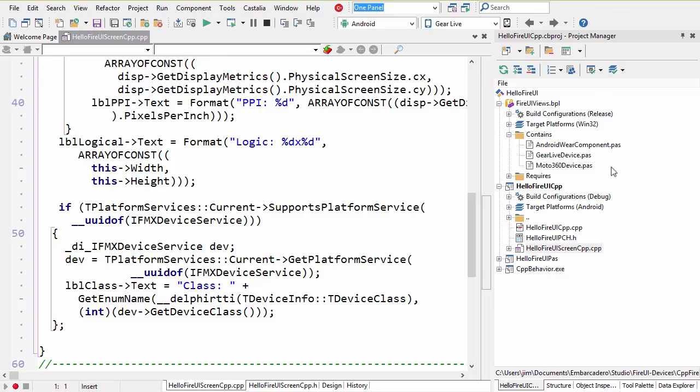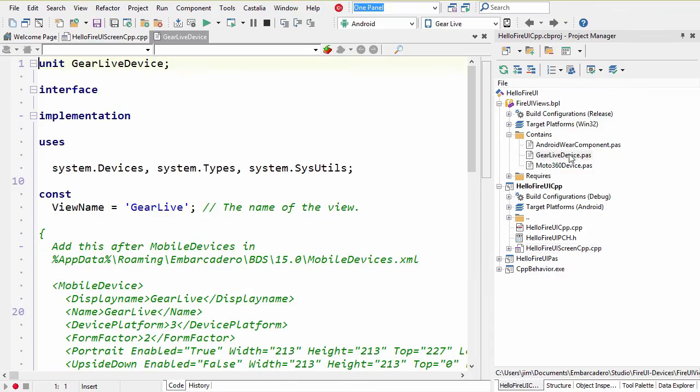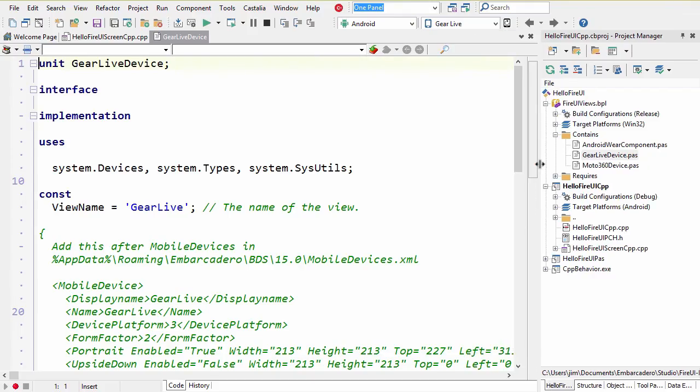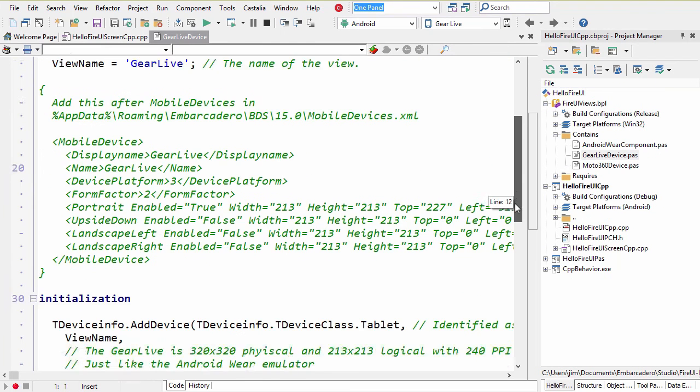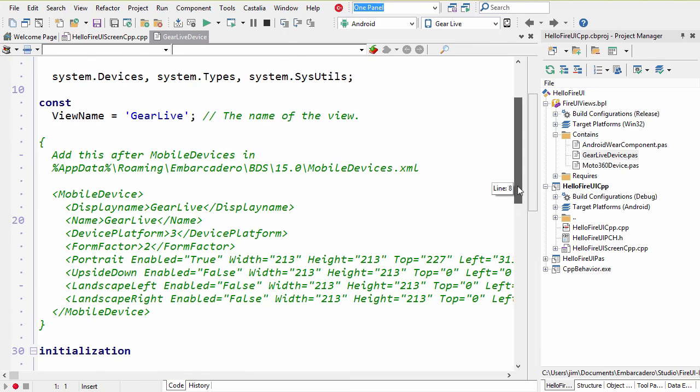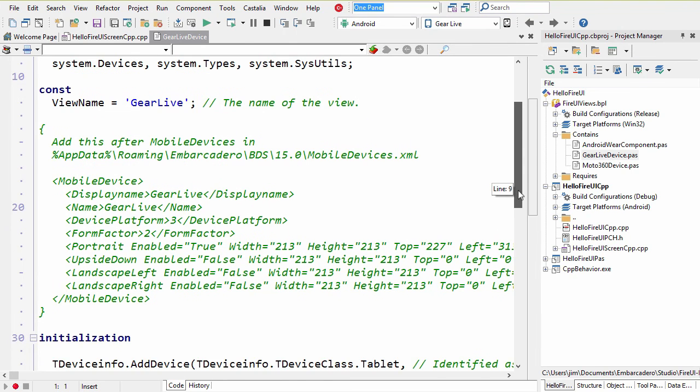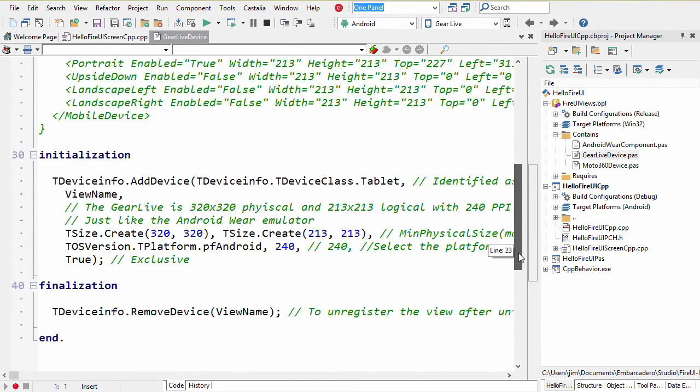Now, once you have that information, then you can create this file here. I'm showing you the Pascal version of the file, and the reason is because you want to do this in Pascal so that it can be reusable by either C++ or Pascal applications. If you really want to see the C++ code, if you consult the documentation for creating a custom view, you can find it there. So in here, we put in the physical size, 320 by 320, and the logical size,